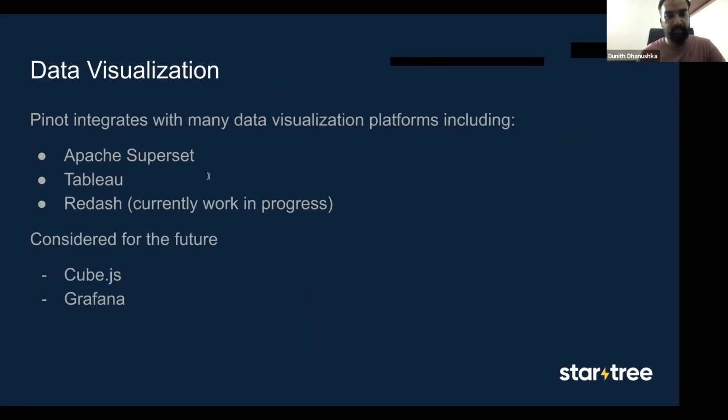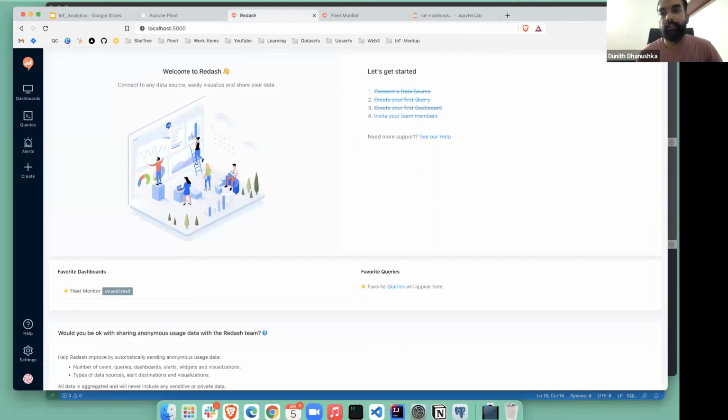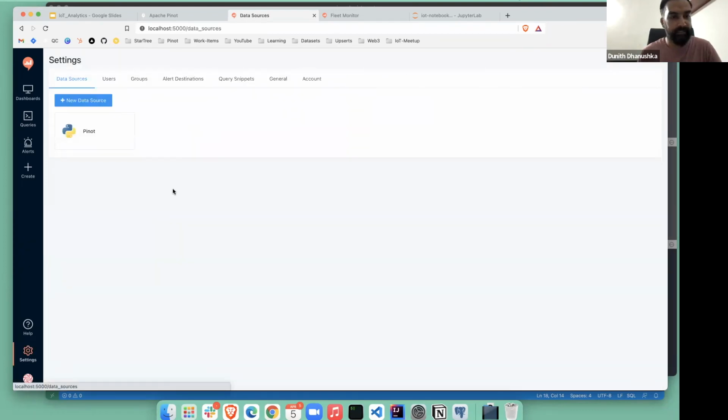So let me quickly switch back to Redash. I have Redash locally installed on my machine, and it's currently running on local port 5000. So the basis of integrating this with Pinot is, first you have to go into settings and define a new data source.